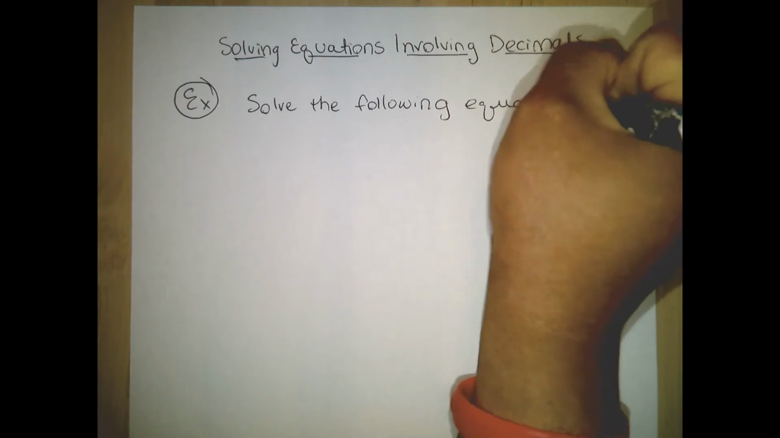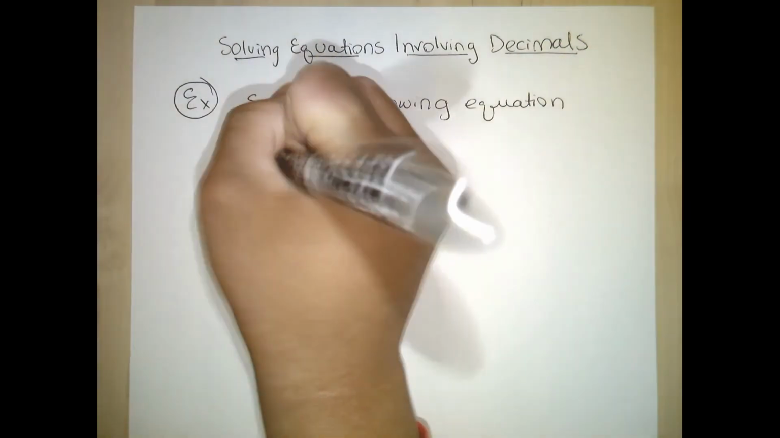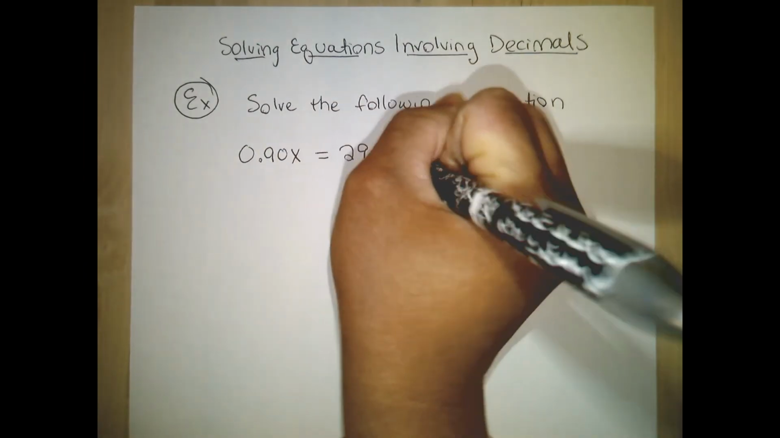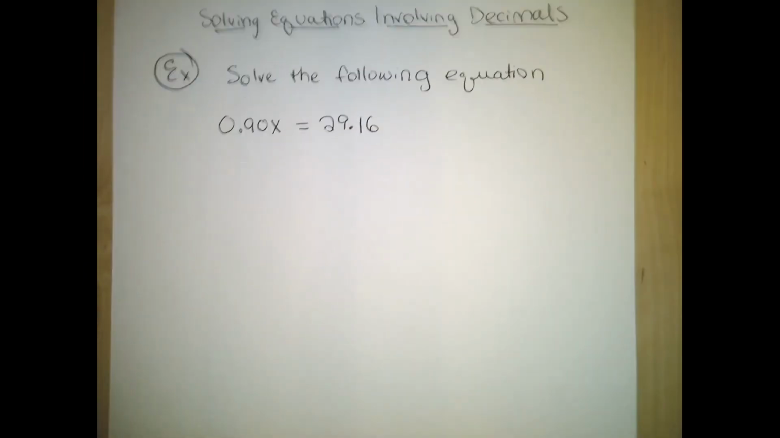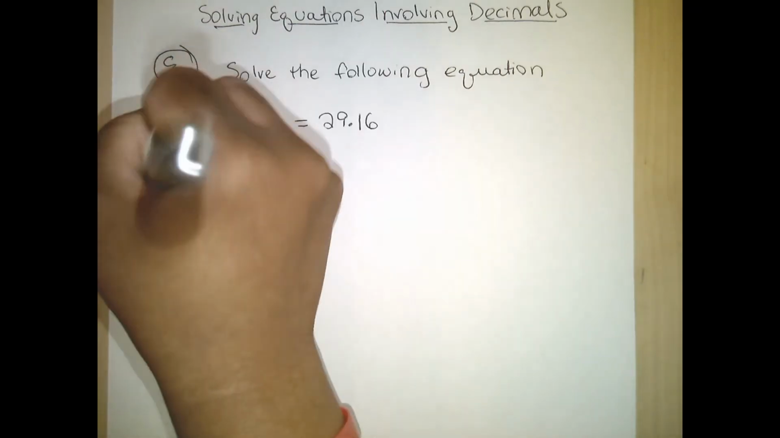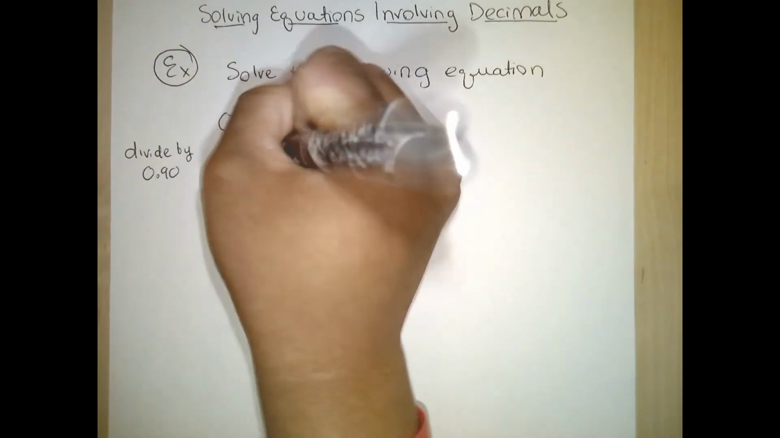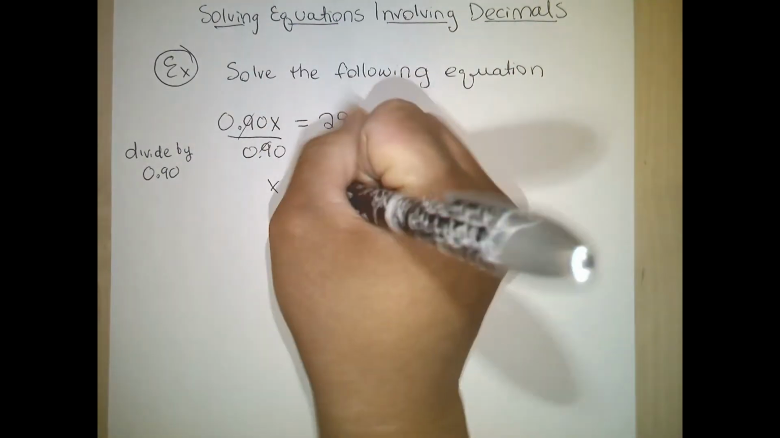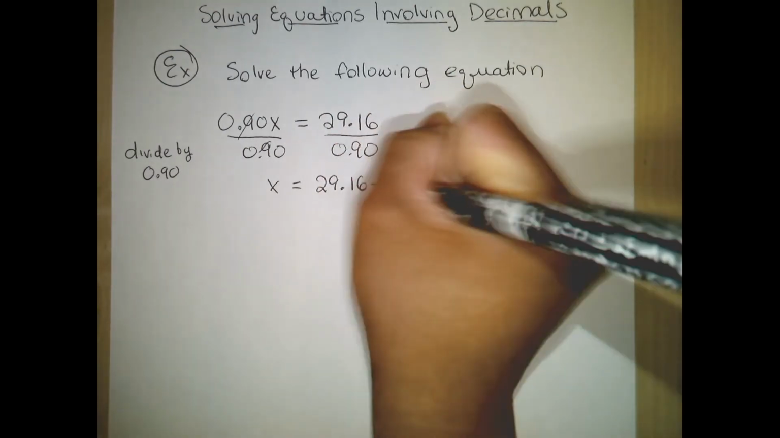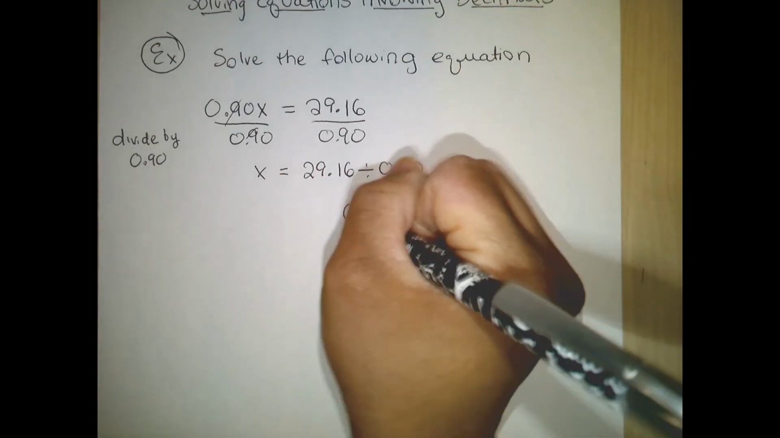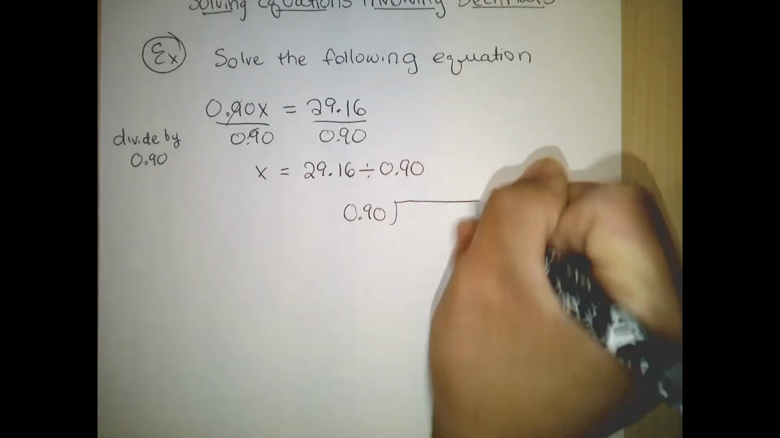Alright, so here we go. We have 0.90x is equal to 29.16. So what we need to do is divide each side of the equation by 0.90. And so what we have is x is equal to 29.16 divided by 0.90. So that means how many times does the 0.90 go into